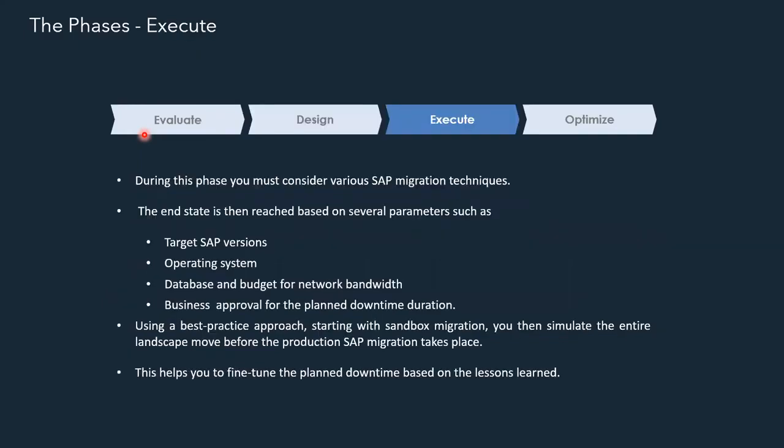So during the execution phase, build the destination architecture, and start your migration in a sandbox, which is a representative of your production. So this may be a recent system copy of production, with masked data. You can't use the production data in your sandbox when you're doing any testing. So we normally use migration tools like Data Sync Manager for this masking.